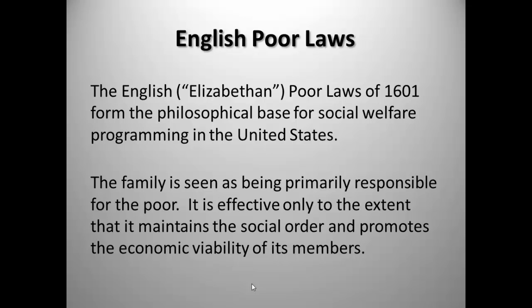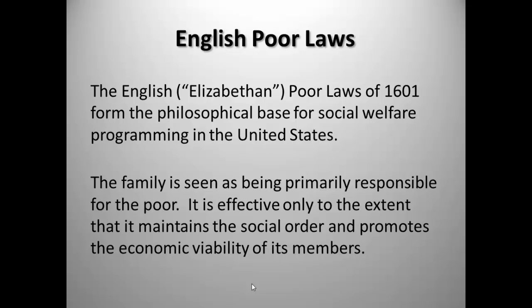Churches oftentimes were the source of charity in those days, but the churches that existed were very poor themselves, and so laws had to be established about how to deal with the needy in those societies. The Elizabethan Poor Laws in 1601 was really what was formulated in England, at least at that period of time, to address that problem. And the upshot of this, and we'll look more closely at this in the next few weeks,